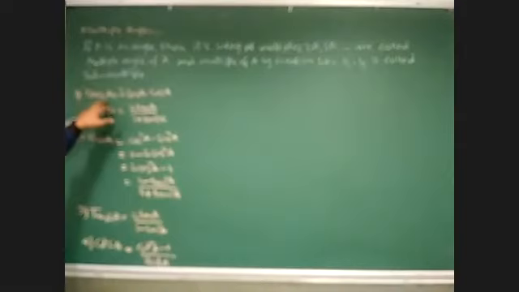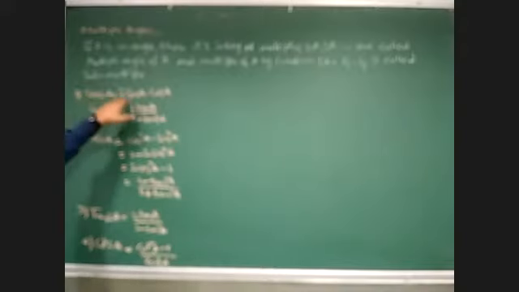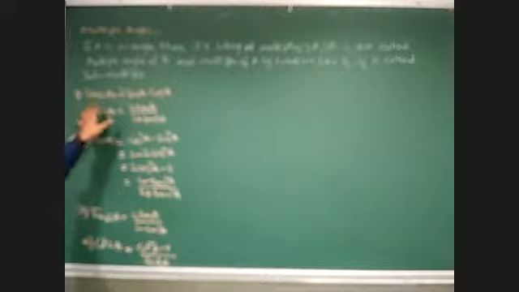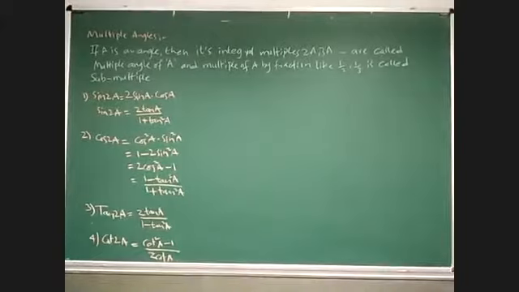So 2A is nothing but a multiple angle. Okay, so sine 2A is equal to 2 sine A into cos A. So these are the formulas I have written here. So just see here. Is the board clear to you? Is it clear to you?